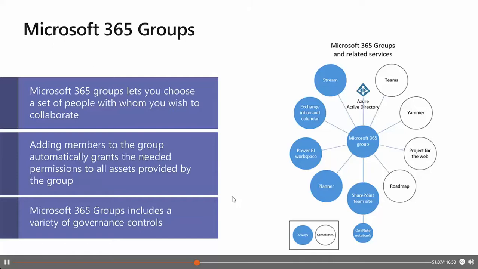At a basic level, it is an object in Azure Active Directory with a list of members and a coupling to related workloads, including, for example, a SharePoint team site, a shared Exchange mailbox, Planner, and a Power BI workspace. You can also add or remove people to the group just as you would any other group-based security object in Active Directory, for example.